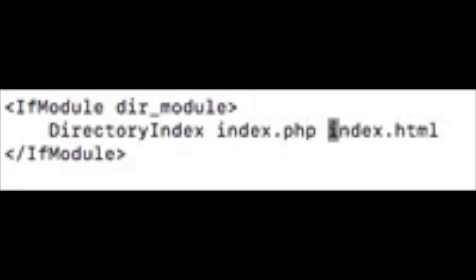This will make sure that if you open the URL localhost, your site will first search for the index.php and then for the index.html file. Now again, restart your Apache with the command sudo apachectl restart.